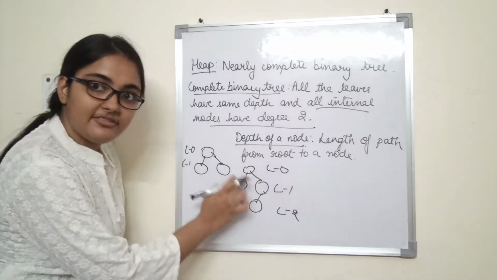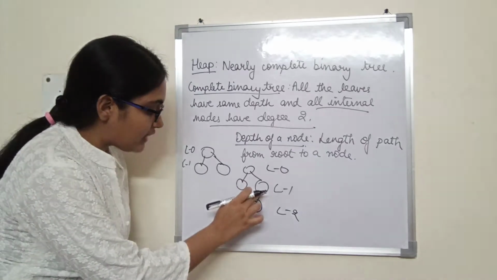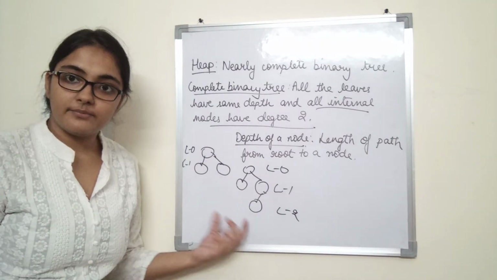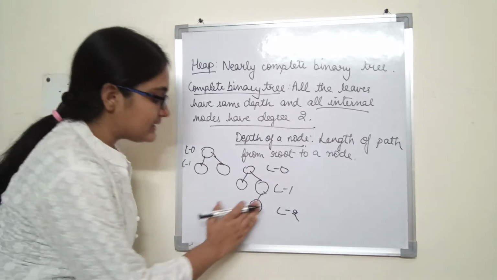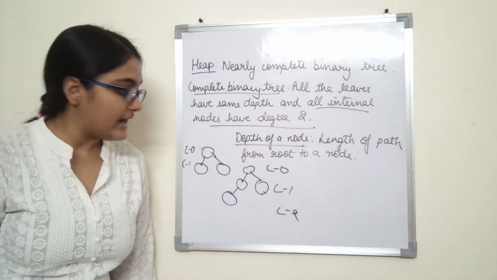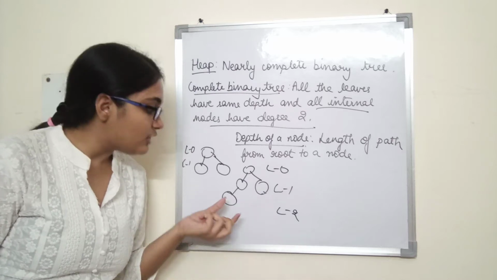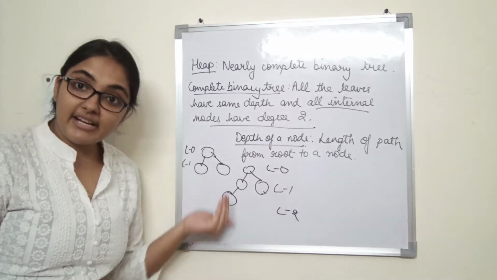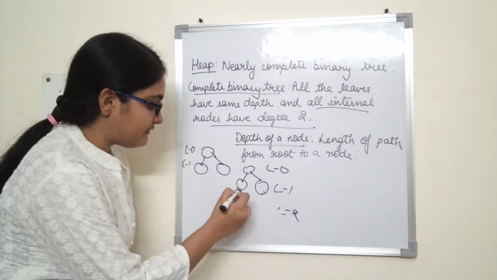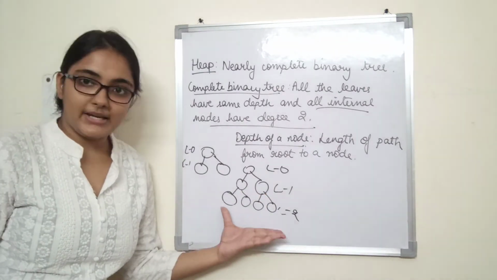Is this level completely filled? No, it could have more nodes. Alright, and now this last level is not completely filled, but it is filled from left to right. What it means to say is, even though there is this node, it has to start filling from here. Last level, that is L2, is not completely filled, but if it has to fill, then it has to start from left to right. It can fill like this. Alright, so this is a complete binary tree.